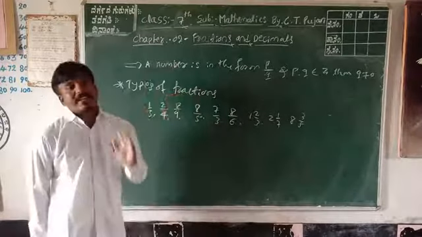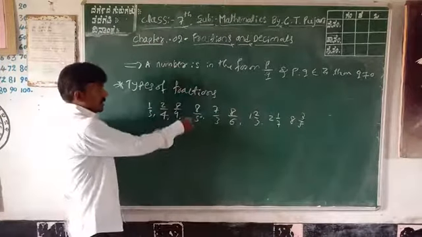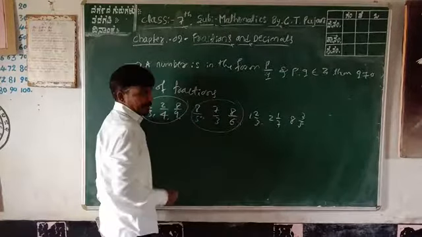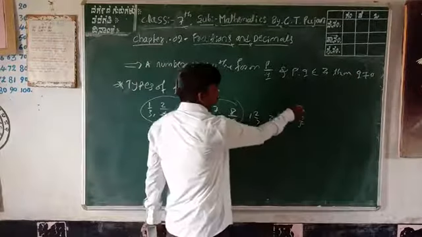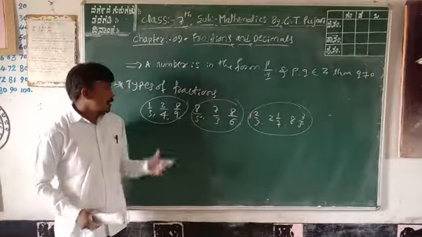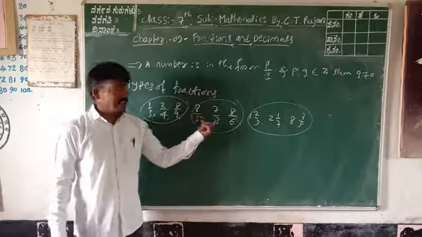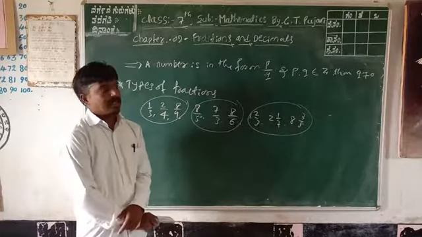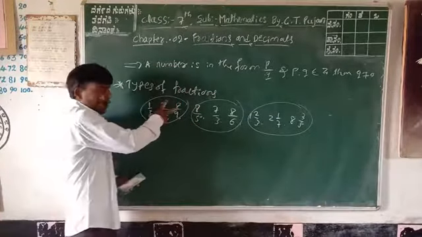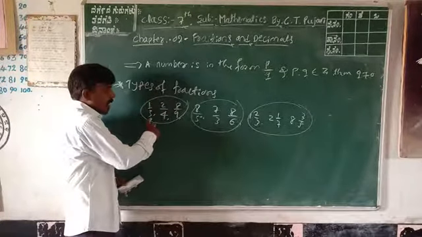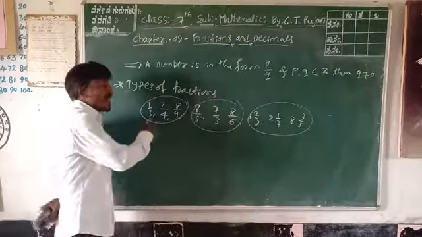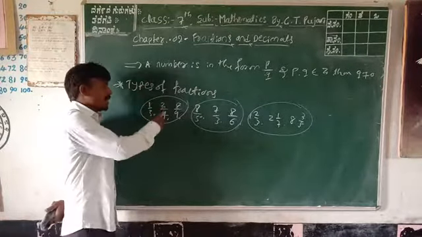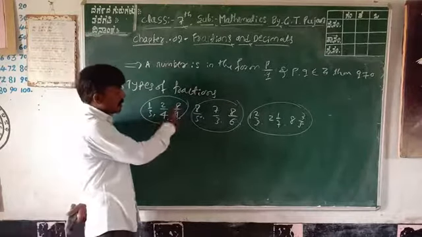You can divide them into 3 types. For example, first, these 3 are one type of fractions. Second, these 3 examples are the second type of fractions. Again, these 3 are different. These 3 fractions are different. What is the difference between these groups? In the first group, these 1, 2, 3 are fractions whose numerator is smaller than the denominator. Again, numerator is smaller than the denominator.